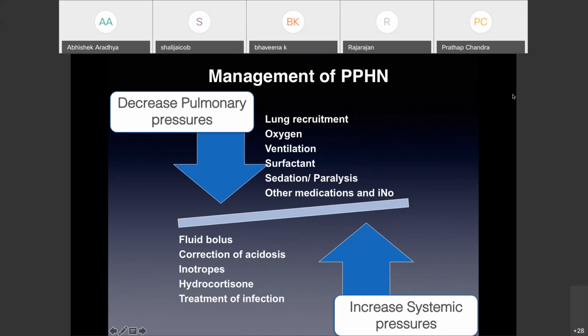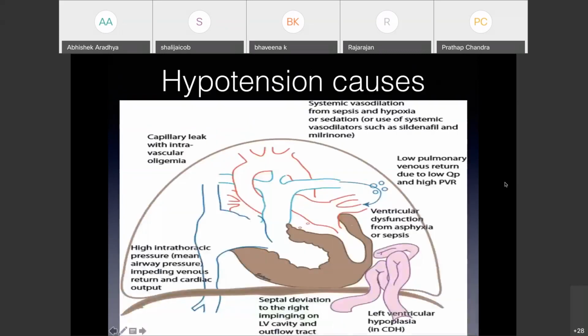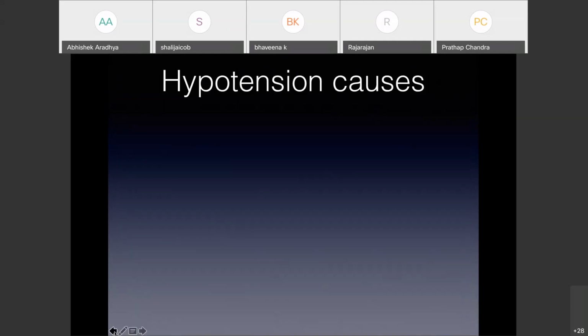Some babies will be moving a lot. You might have to use sedation, and in some cases, you might have to give